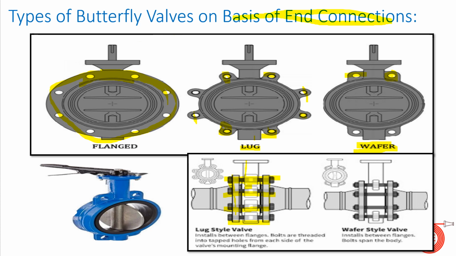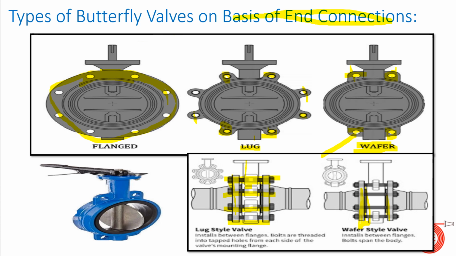In the wafer type we have 2 holes on the upper portion and 2 holes on the lower portion, and these are just holes, not threaded ones. Why are these holes provided? They are provided just so that our valve can be balanced. Suppose we sandwich the valve between 2 flanges and we don't have any interconnection with the valve, the valve may get loosened due to pressure and may not be able to retain, so leakage from this point may start. So we have these holes, and bolts go across them and get tightened, and the valve is held between them. So this is your wafer style valve.